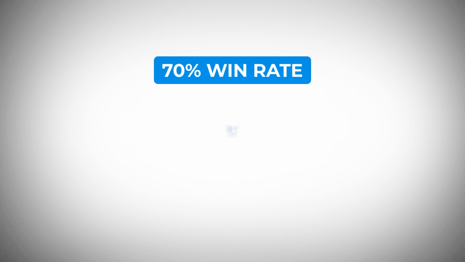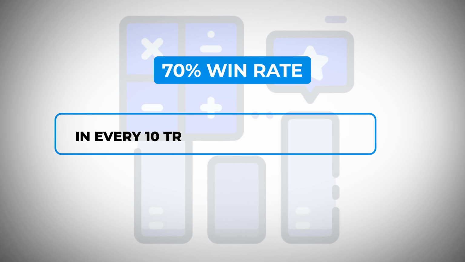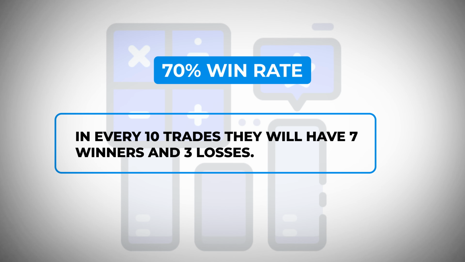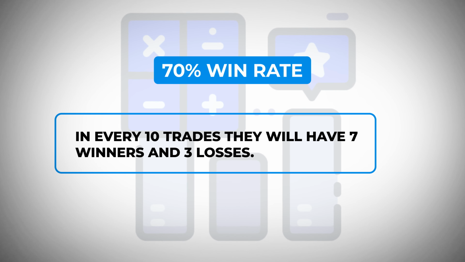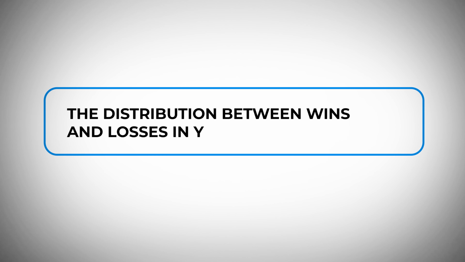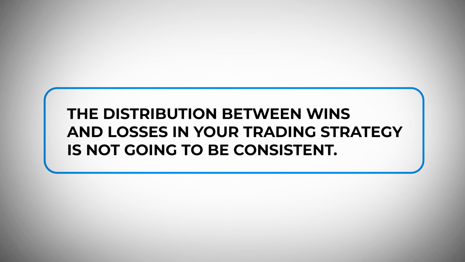losses. A lot of people will look at a trading strategy, they'll see that it has a 70% win rate, and then they'll expect that in every 10 trades, they'll have 7 winners and 3 losses. And that will kind of extrapolate out to 20 trades, 50 trades, 100 trades. But essentially, they're always going to have this consistency of, in every 10 trades, they'll have 7 winners and 3 losses. When the reality is that the distribution between wins and losses in your trading strategy is not going to